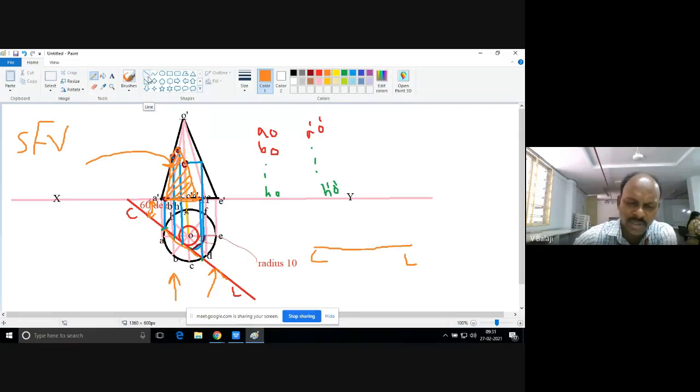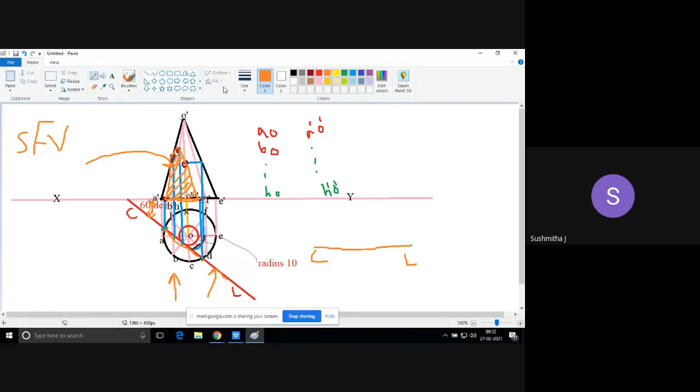to the previous topics like line inclined to HP, line inclined to VP, line perpendicular to HP, something like that. For example, I will ask a simple question. If you take your pen, keep it parallel to the laptop screen. What is your front view? Is it true shape, true length, or any reduction in the length? True length, sir. True length.